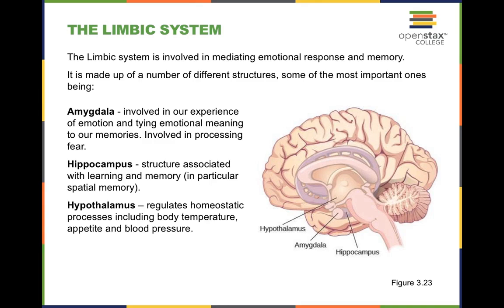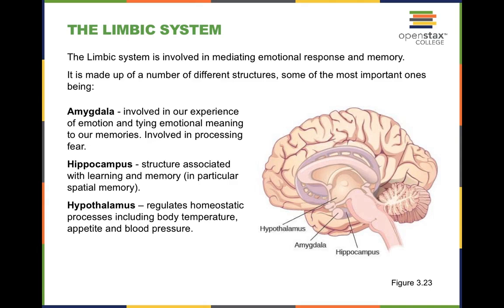the hypothalamus. When it comes to your amygdala, it is one of the processes that's involved in processing emotions in general, but specifically fear. So whenever you have that fight or flight response kick on, your amygdala is involved in that. So when you perceive a threat, your amygdala is involved in processing that fear, but emotions in general as well. Now, when it comes to the hippocampus, it is hugely crucial for memory as well as learning, and in particular, spatial memory. So again, amygdala involved in processing emotions, hippocampus involved in processing memories, and then finally, your hypothalamus is important